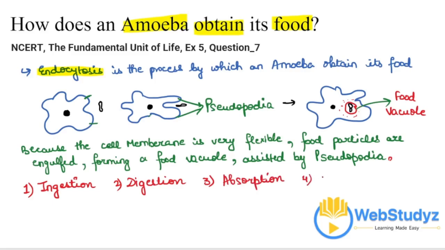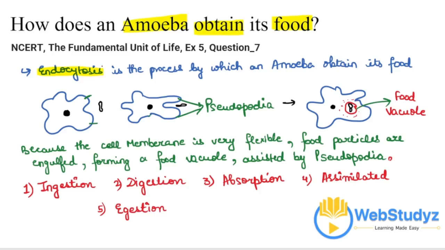The fourth step is assimilation. The digested food has to be absorbed and assimilated throughout the body. And the fifth step is egestion, which means the unwanted particles, the waste, has to be thrown out of the body. That is egestion. So this is the complete answer to the question of how an amoeba is able